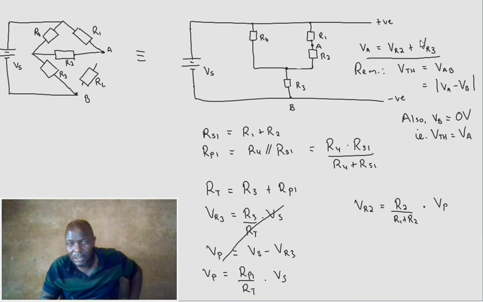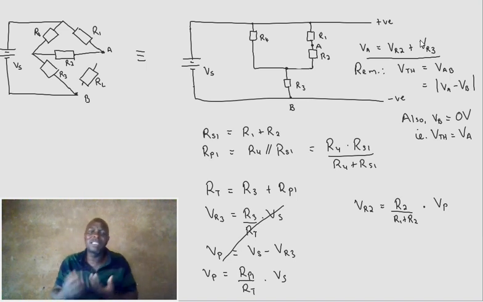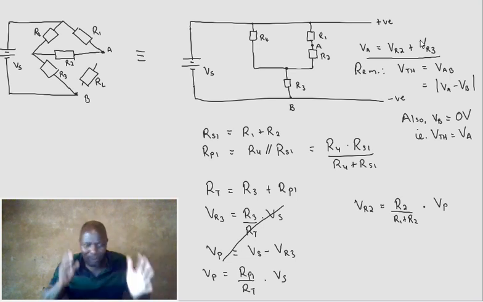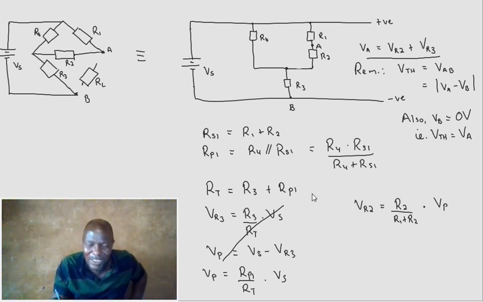But again, the thing is, when you talk, sometimes it's a little bit difficult to think. People might talk of multitasking, but when you talk, your brain is not totally focused on your actual thinking. We could have actually made our life easier by just calculating R1. When you calculate VR1, which would have been easy,